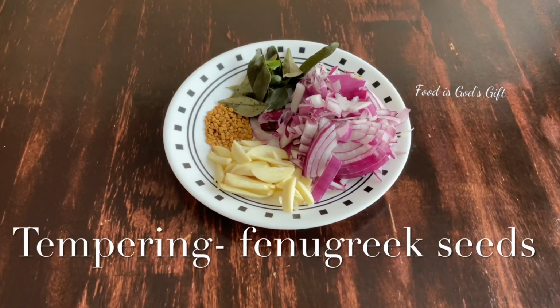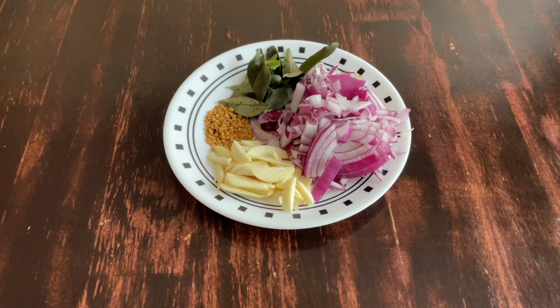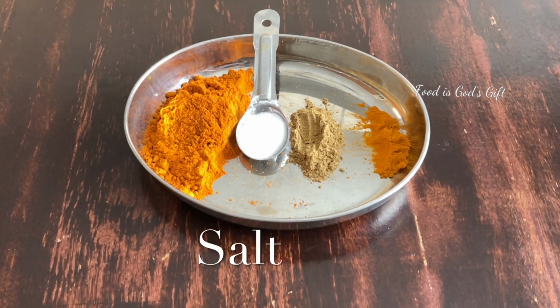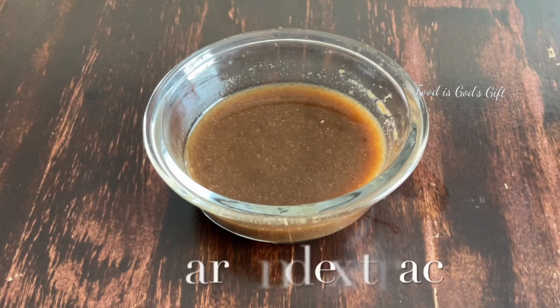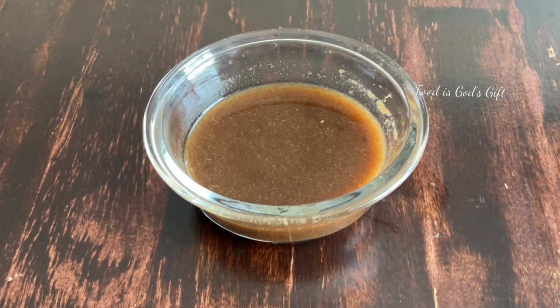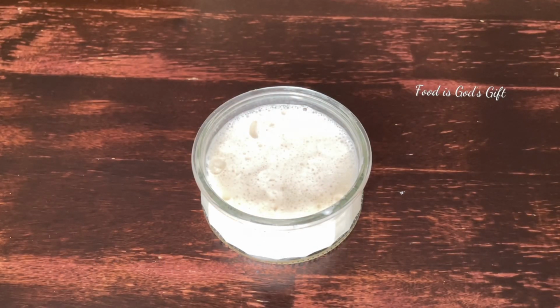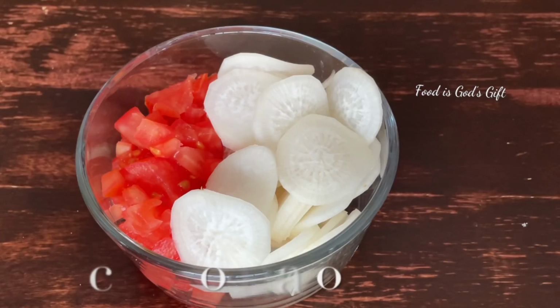So first is the tempering: fenugreek seeds, about half a teaspoon, onion, garlic, and curry leaves, just as much as you like. For the spices, a curry masala, salt, cumin powder and turmeric powder. Shrimp, about 200 to 300 grams. Tamarind juice or extract, about 2 tablespoons, coconut milk, about 1/4 cup, coriander leaf for the garnishing, chopped tomato, about half a cup,